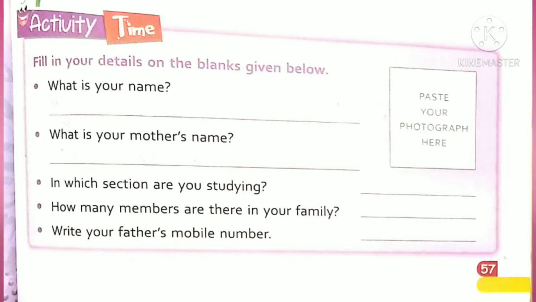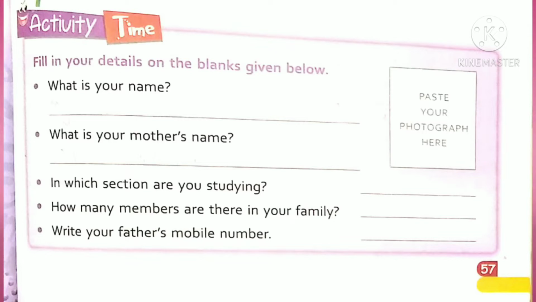In this picture, we are going to write details about your name, mother's name, which section you are studying in, how many family members there are, and your father's mobile number.